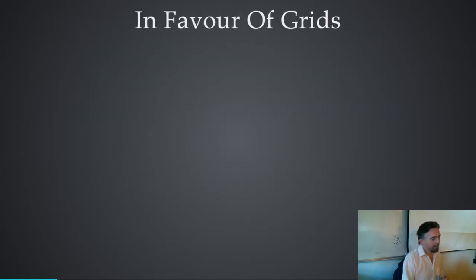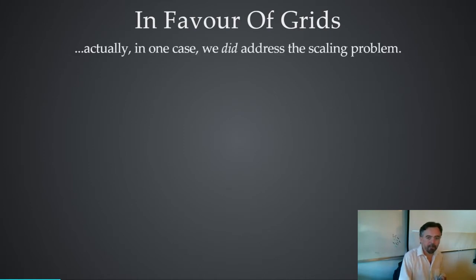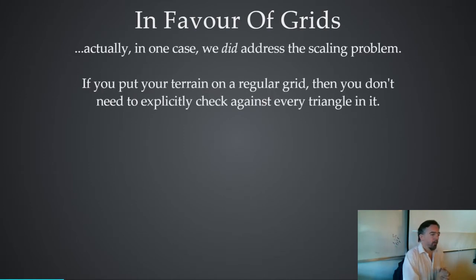Now, this check-everything-against-everything problem is one we've actually slightly solved already by using some tricks. When I was talking about terrain on Monday, I said that one of the tricks terrain systems use is they put the terrain on a regular grid. And that way, among other things, instead of having to check against every triangle on the terrain, of which there are very many, you just very quickly find out which part of the terrain grid you're on, and you only collision check against